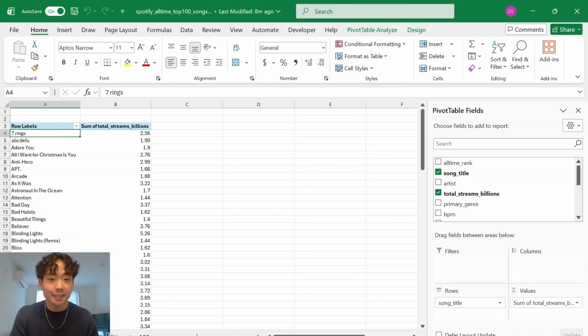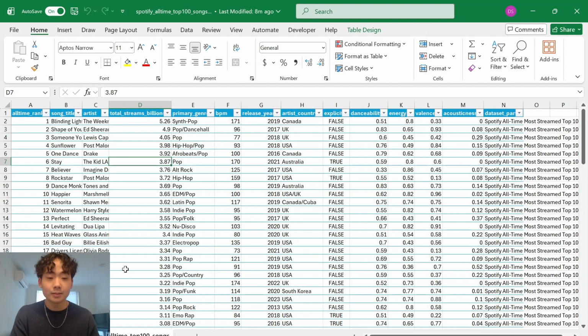And let me just pause for a second here. Do you see a problem with the current pivot table that we have? And it doesn't have to do with anything about the formatting, because the formatting looks pretty solid to me. But the problem is, if you haven't noticed before, that this pivot table is pretty much showing the exact same thing as our original table,